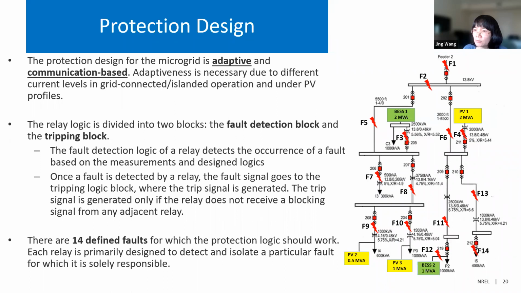Adaptive is necessary because of the different operation modes of the microgrid and the different PV and loading scenarios. For the relay logic, we have the fault detection block and the tripping block. The fault detection block detects the occurrence of a fault based on the measurements and the design logic. Once the fault is detected by a relay, the fault signal goes to the tripping block